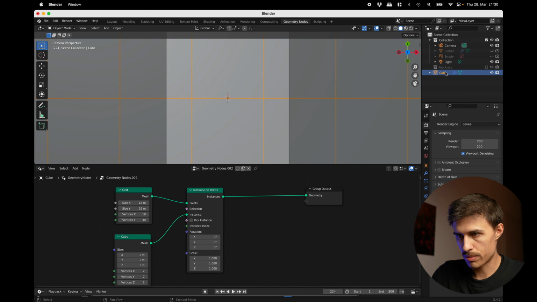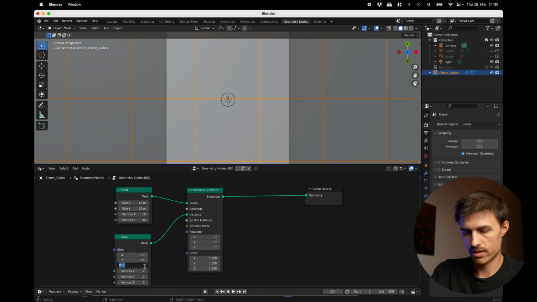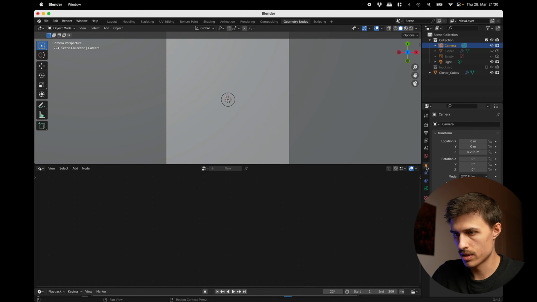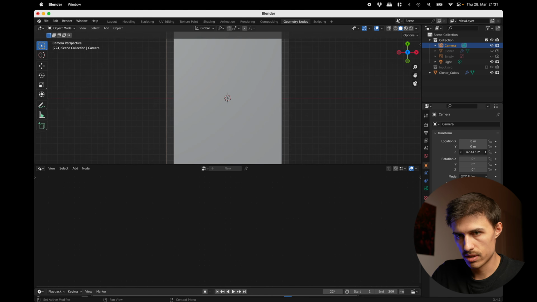And actually, let's go back. I'm also going to rename this now to my cloner cubes. And I also want to decrease the Z value of the cubes to something like 0.1, just to not have them be cubes, but to have them be those flat squares again, basically. So now I can head into my camera, go to my Z position and scroll out. I'm just going to go